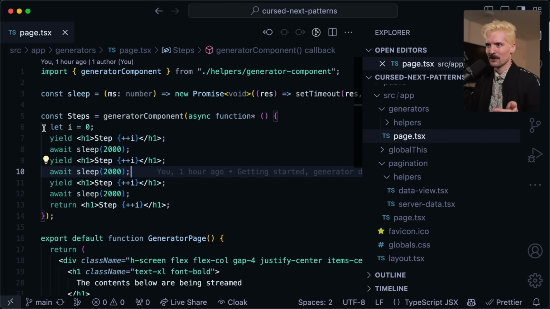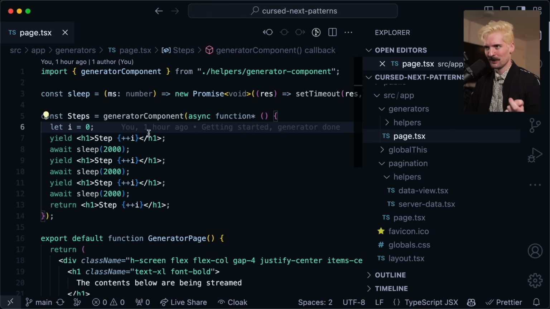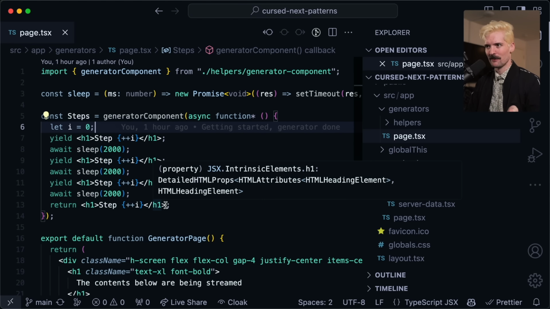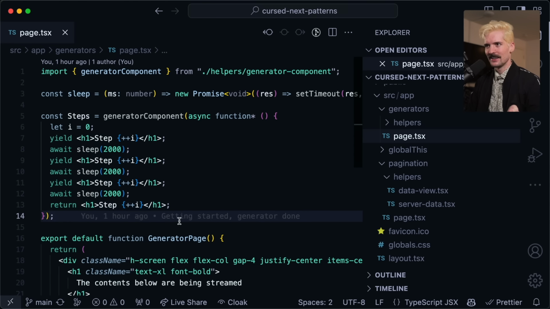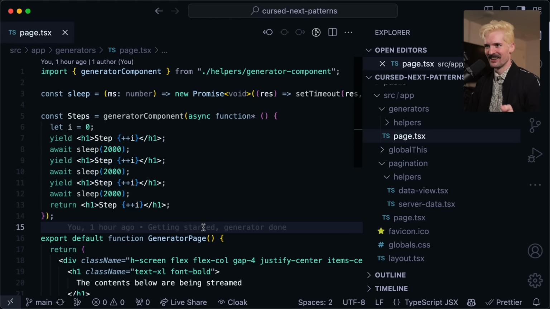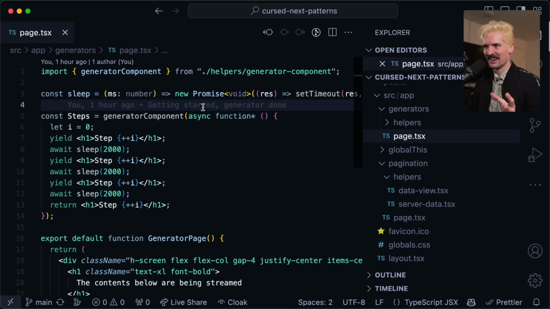Here we have steps where I starts as 0. We yield step I plus I. We await sleep, which is your basic sleep promise. We yield again, await, yield again, await, and then return the final result. Yes, you can actually do this in Next using server components right now, which is utter chaos, and it's so